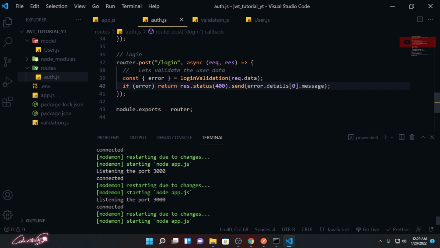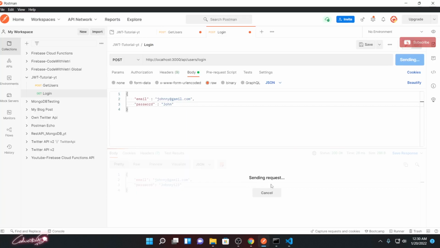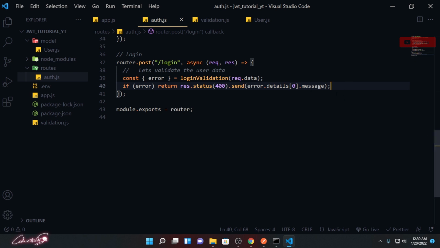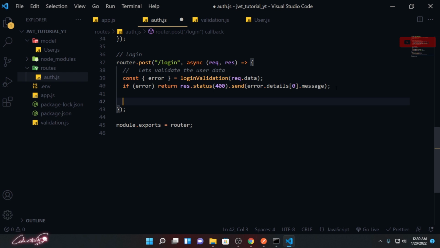If error, we are returning the response with 400 and sending error.message. Everything is working fine, but it's not returning anything. Why? Cancel it. Okay, we'll verify it later. So now we'll just move on and then we'll check.